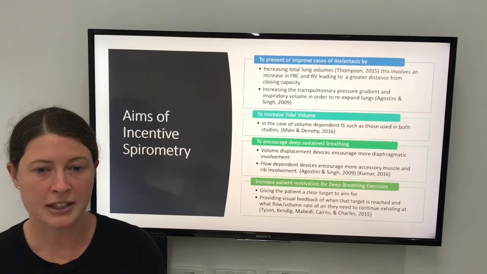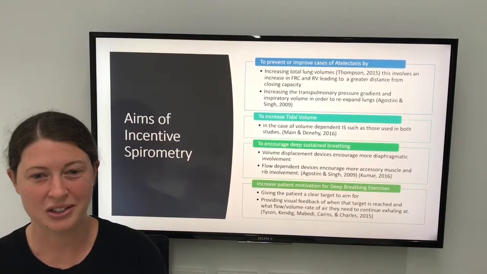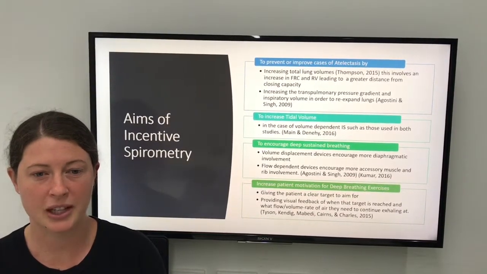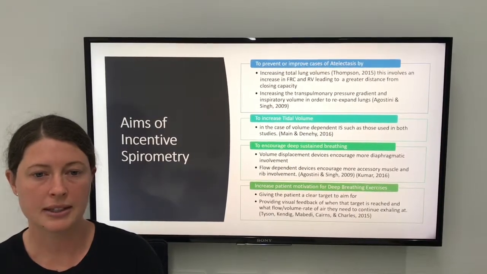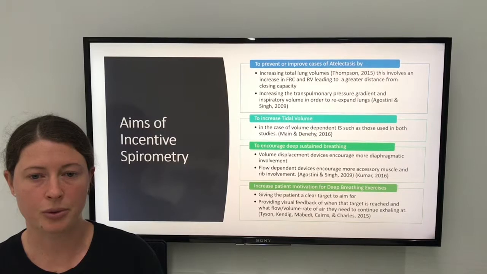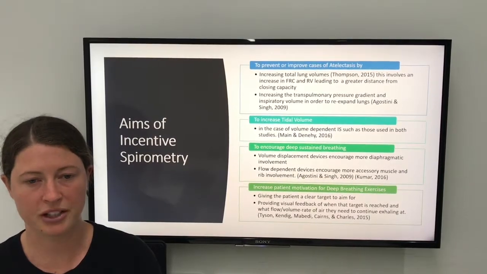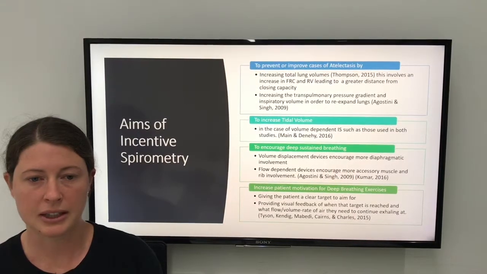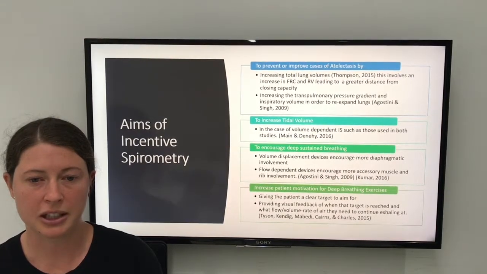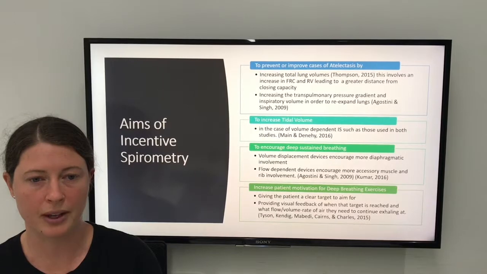The primary aim of incentive spirometry post-thoracic surgery is to prevent or improve cases of atelectasis by increasing the total lung volume and tidal volume. This is done by increasing lung expansion through long and strong sustained inspiration with an inspiratory hold. The incentive spirometer provides visual feedback, allowing the patient a clear and measurable target to aim for when doing their